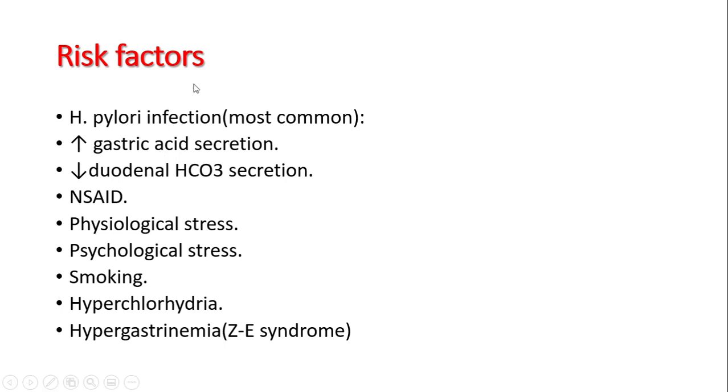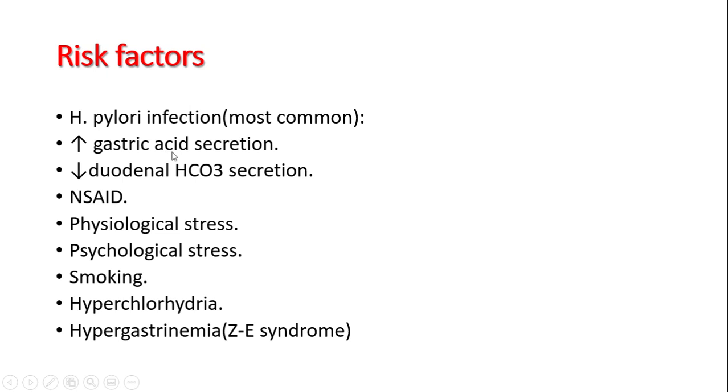The risk factors for peptic ulceration. The most common risk factor is H. pylori infection, which is very common. H. pylori infection is the commonest cause of peptic ulceration. H. pylori chronic gastritis leads to an increase in gastric acid secretion. This can happen in